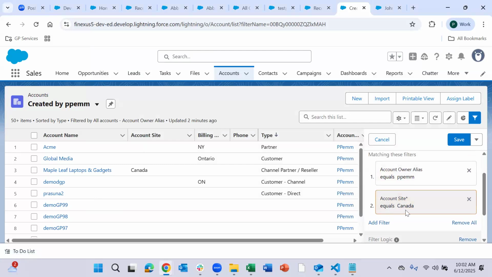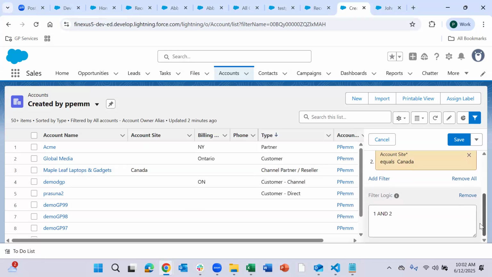Let's say there are many records where account owner is PPM, but their account site is not equal to Canada. With 1 and 2 filter logic, it is going to get only this one record. If I give it as 1 or 2, it looks for the records where at least one condition is satisfied. Got it? What is the AND/OR difference?